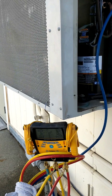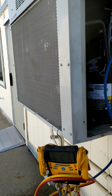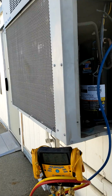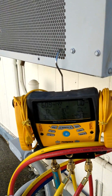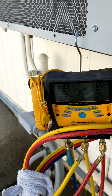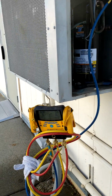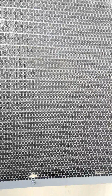Okay, YouTubers, this is part 2 of my last video. It was a dirty condenser coil, very dirty. And now look at the pressure, at least on the low side. Still going up a bit. There's still water on the fins, but that seems to have worked. Now we have proper airflow